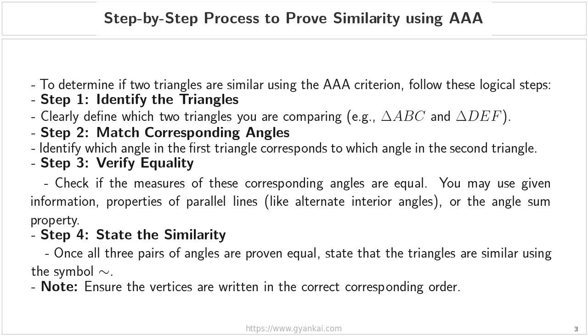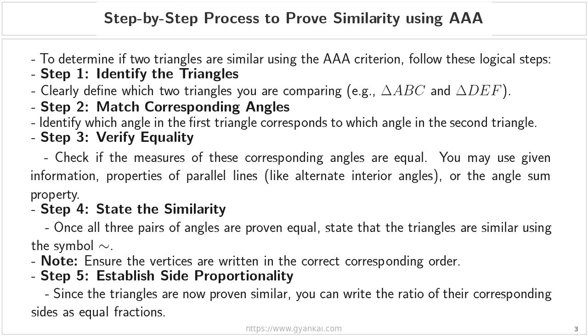Once you have proven that all 3 pairs of angles are equal, you move to Step 4, state the similarity. This is where you use the mathematical symbol for similarity, which looks like a tilde. You would write something like, triangle ABC is similar to triangle DEF, but a quick warning here. Pay close attention to the order of the vertices. You must write them in the correct corresponding order. Otherwise, your statement will be mathematically incorrect. Finally, Step 5,